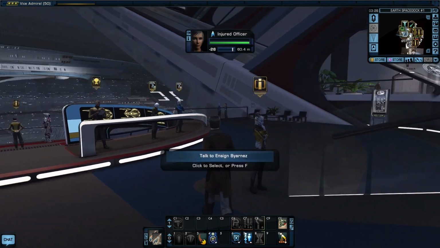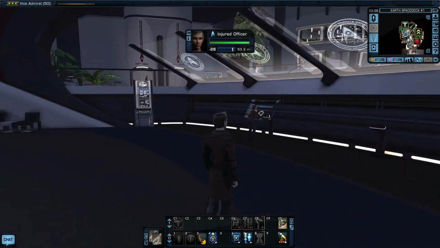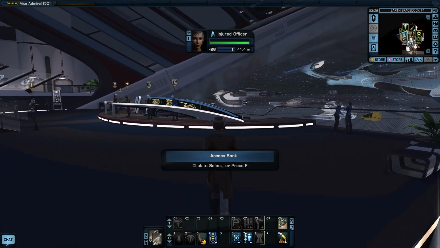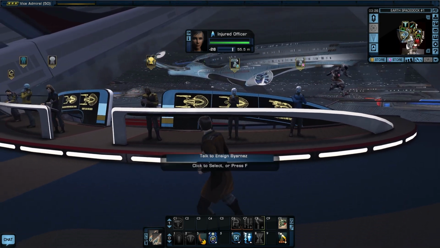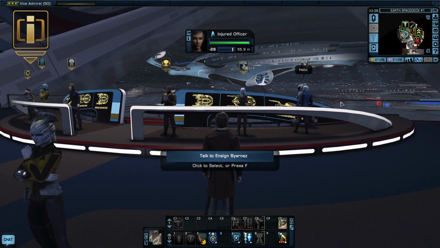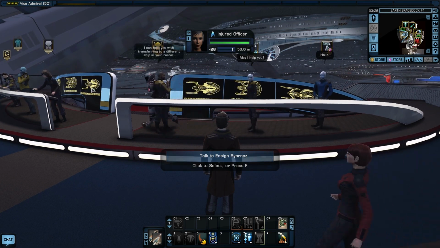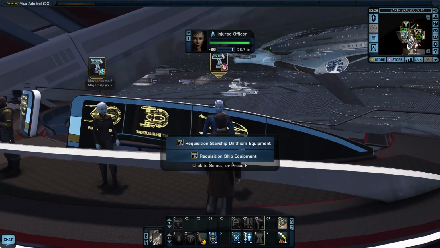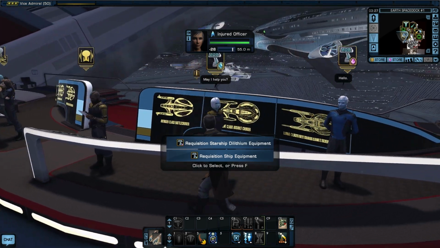Now this area they've really changed. I thought there were going to be consoles here, but no, they removed all that. There is the bank here, but what they've done is they've put all your ship people right up front in a line, and they're lit with a nice background image display there. When you go up to them, of course, you can use their dilithium equipment or requisition ship equipment, but this is also